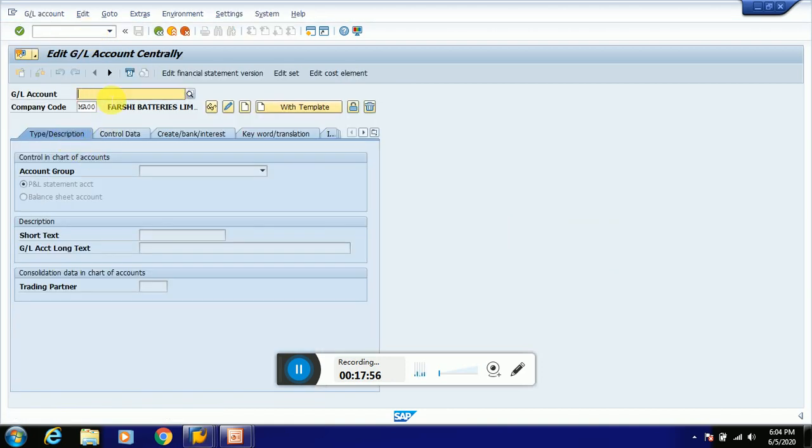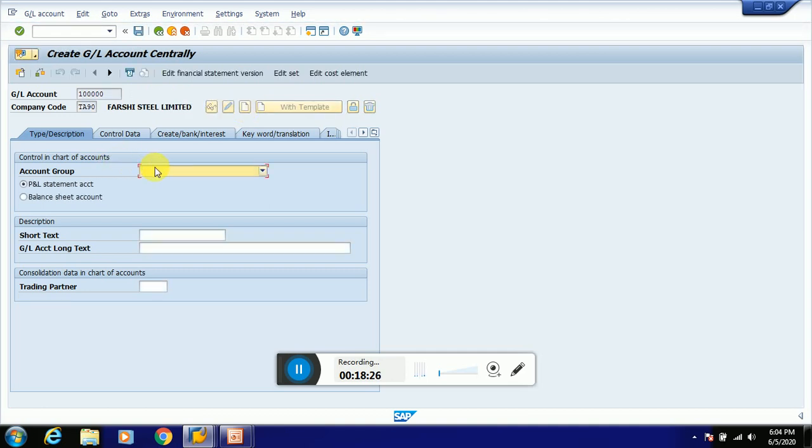Now I am giving the GL account code. I want to create one GL account which is called the share capital GL account. So I am giving 100000. Here I am changing the company code to my company code TA90. There are different options here: display, change and create. Click on create.